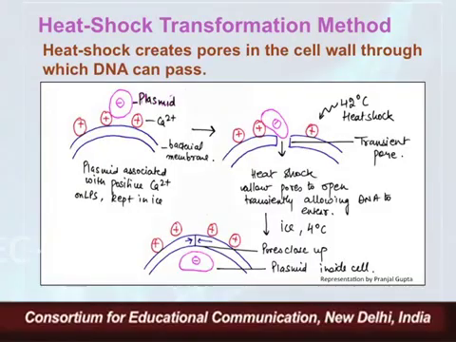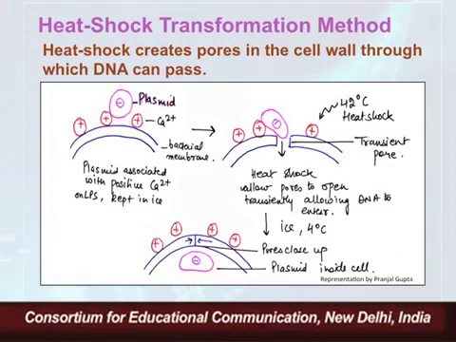As shown in the figure, you can see this calcium layer has brought the DNA molecules, the recombinant DNA mentioned here as a plasmid, nearer to the surface of the membrane. Then you give a heat shock, which is basically increasing the temperature up to 42 degrees Celsius for certain seconds, and then immediately putting it at 4 degrees Celsius or in ice-cold condition. This heat shock facilitates the opening of the transient pores, and the DNA lying near the membrane will be taken up by the bacteria.